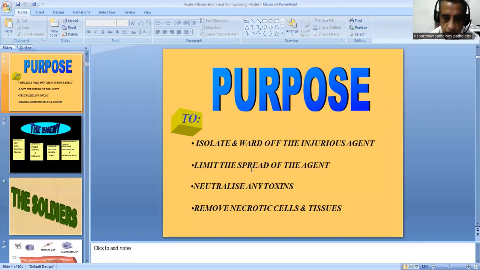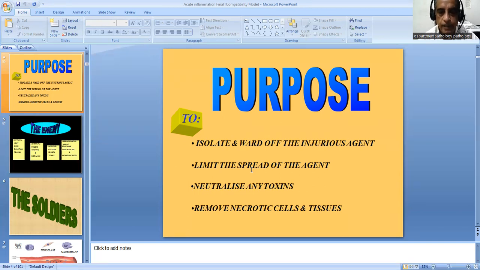Now, like everything, why this inflammatory response? What is the purpose of this inflammatory response? In other words, what are its functions? How does it help our body? So the purpose of this inflammatory response is, number one, to isolate and ward off the injurious agent. Like we saw, an injury is essential for the inflammatory response to be mounted. So the basic purpose of inflammation is to isolate and ward off that injurious agent so that it doesn't cause further damage,